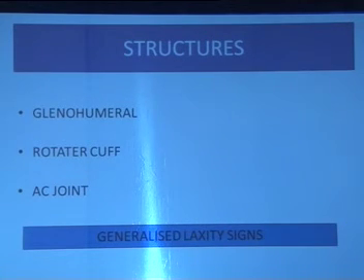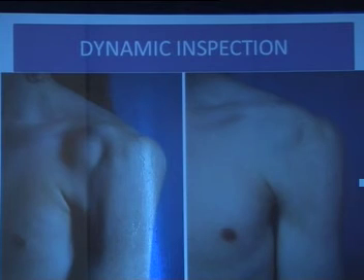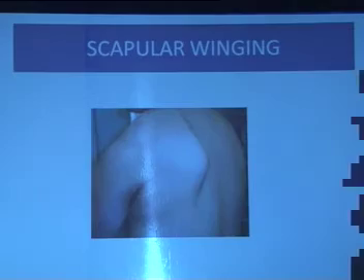It's important for us to examine, in addition to the glenohumeral joint, which is the joint of target, the rotator cuff and AC joint, but also to look for signs of generalized ligament laxity, which would give us an indication of something more happening in their shoulders. Inspecting these shoulders from front, side and back is important, especially looking for asymmetry, scars, wasting, swellings and deformities. Some of these patients would have a dynamic instability. They can actually demonstrate instability right in front of you, and these are voluntary instablers, and we should be cautious before operating on these patients because they would be doing muscle patterning.